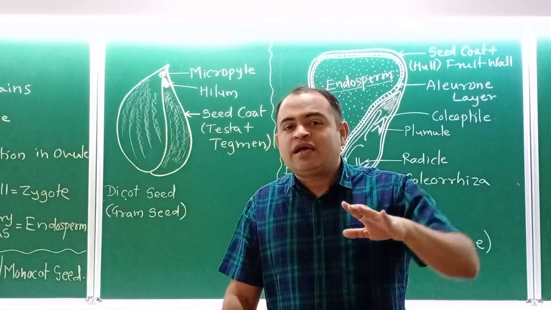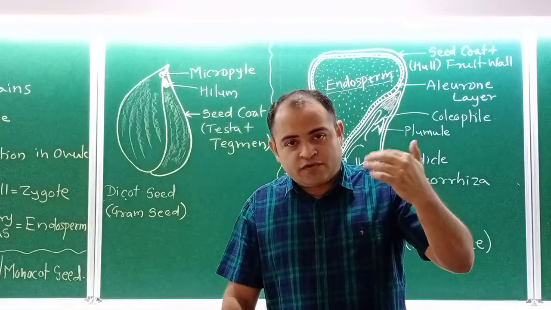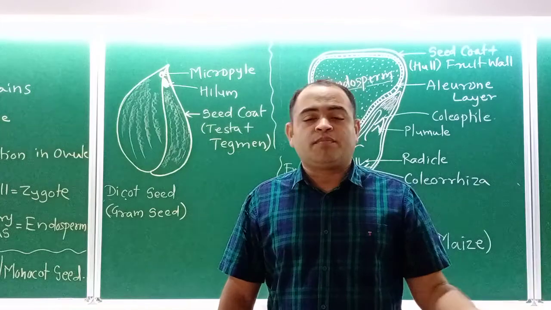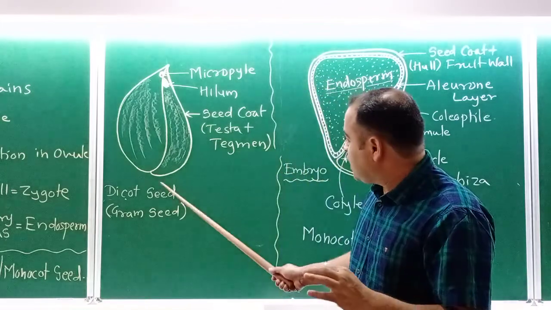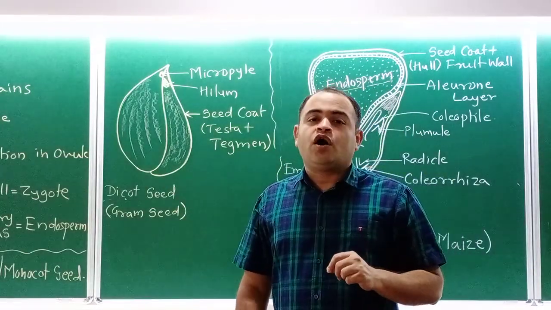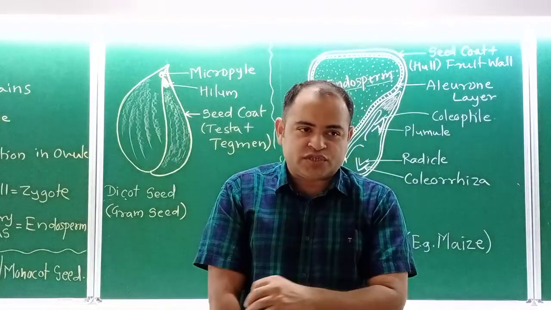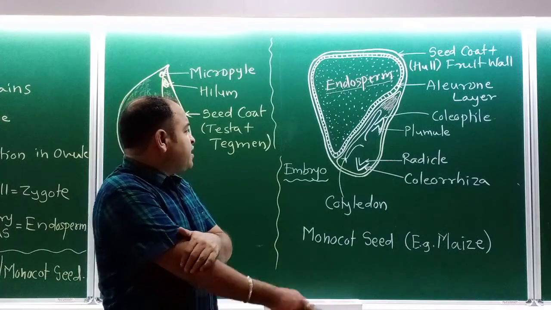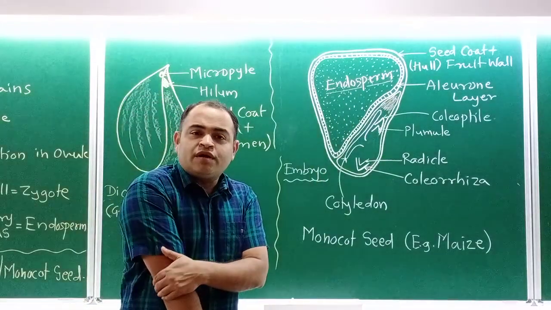So this happens, and then the plumule goes out. The food from the cotyledon is used, and then the plant grows. This is the actual behavior of a typical dicot seed. Now think about the endosperm. What do you think about the endosperm